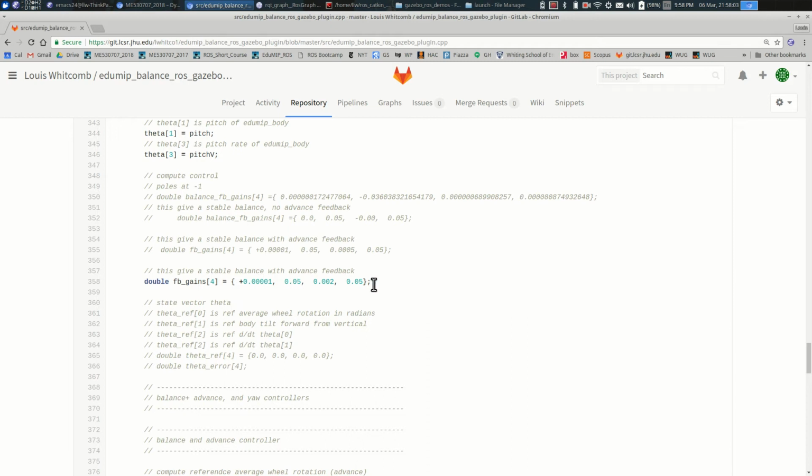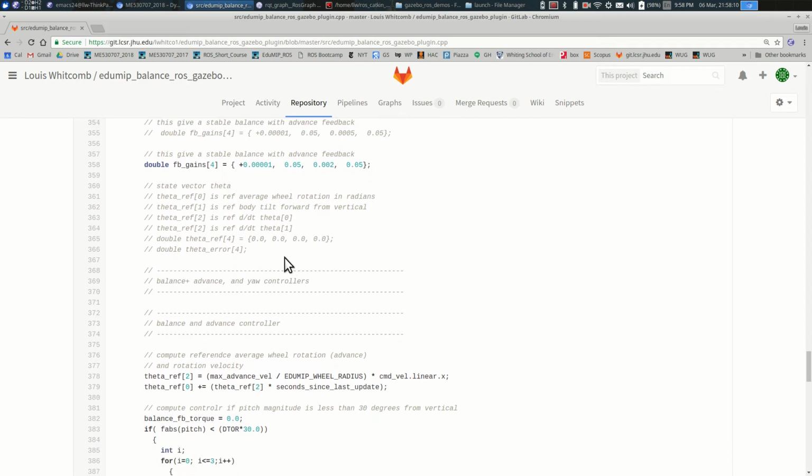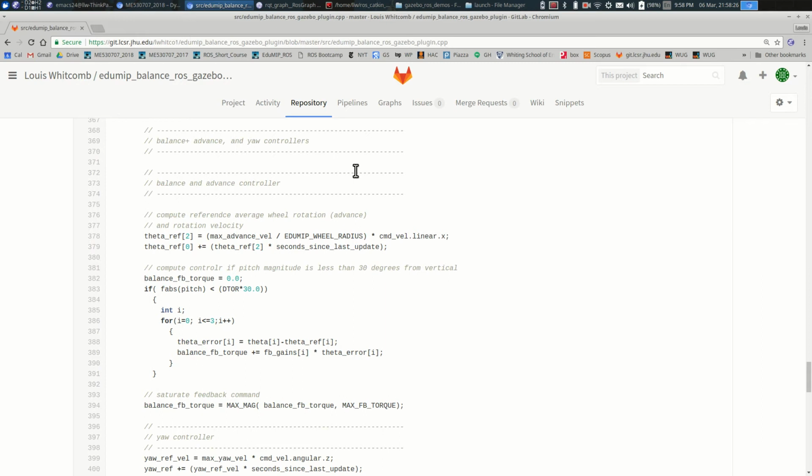These are feedback gains for a simple feedback controller that balances the robot. So this is the feedback for wheel angle in radians. This is the feedback gain for body tilt in angle. This is the feedback for wheel velocity and body velocity in radians. And